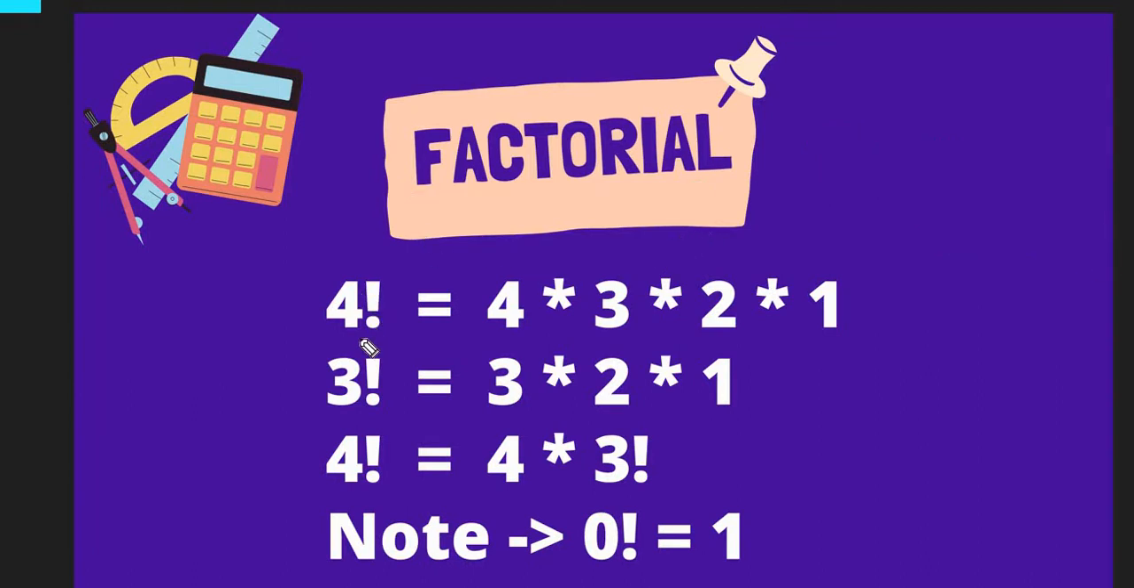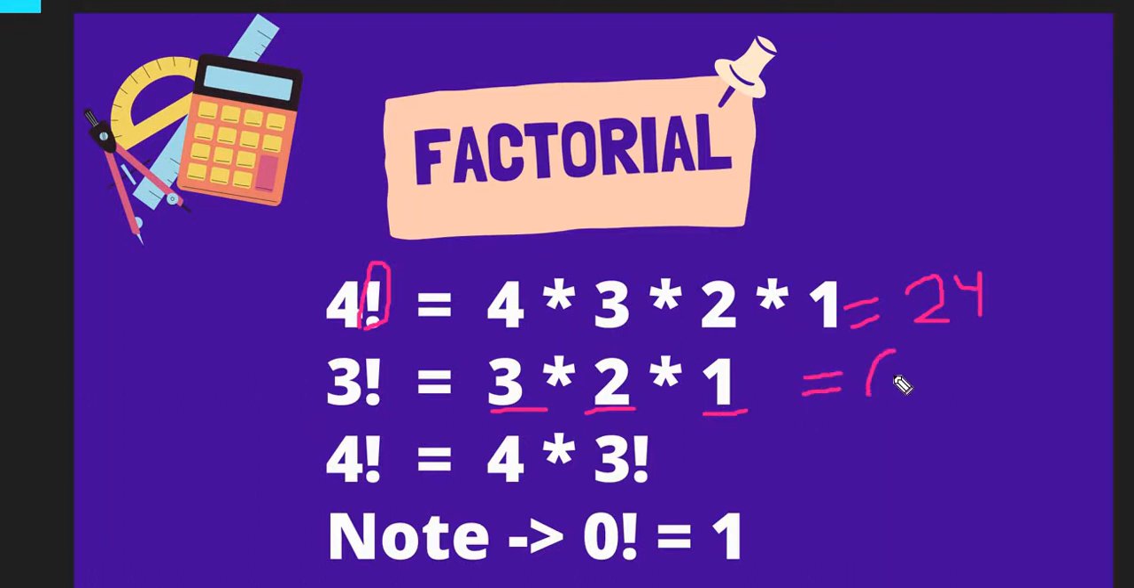Here you can see that 4 factorial is written like this, with this exclamation mark. So 4 factorial is equal to 4 into 3 into 2 into 1. So you see, it is the product of all the natural numbers less than or equal to the given number. So it will become 4 into 3 into 2, which is 24. Similarly, 3 factorial equals 3 into 2 into 1, which will be equal to